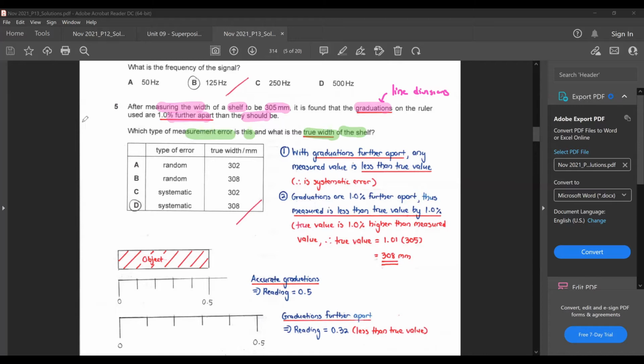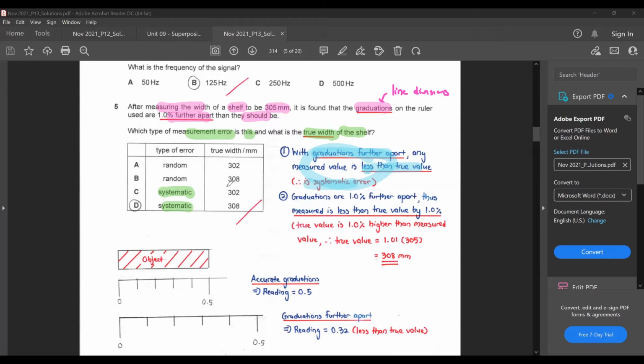Okay, so we know that this one by right should be systematic. Right, but how much is the actual width of the shelf? Now, with your graduations further apart, before I go and explain the answer further, with the line divisions further apart, any measured value is actually supposed to be less than your true value. Therefore, it's actually your systematic error. If you use this same ruler with the graduations further apart, your measured value will always be less than your